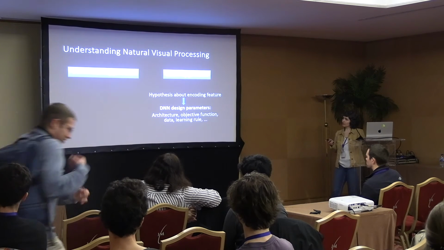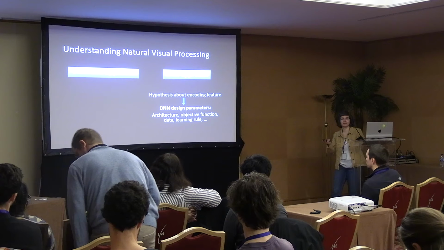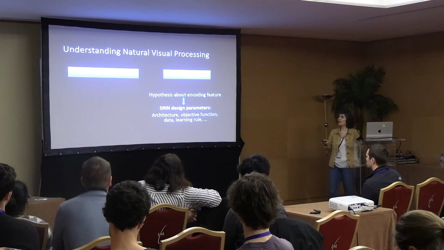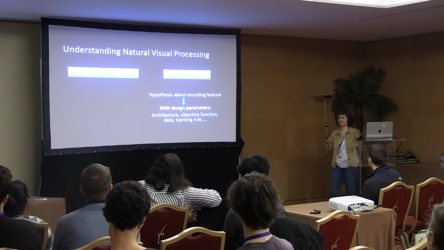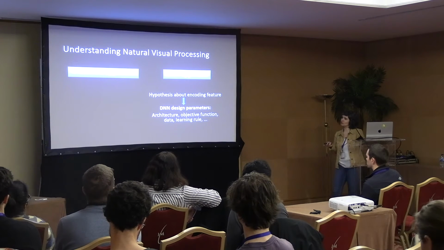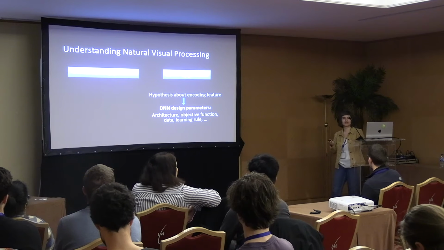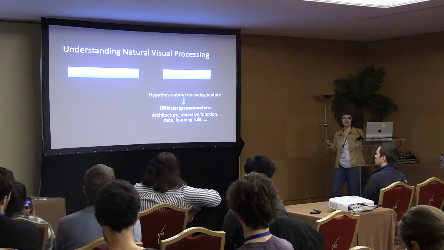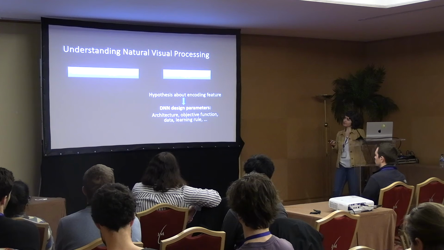And so, what happened to our hypothesis? So now our hypotheses are going to go to the deep net design parameters. What architecture we choose, what objective function, what data domain to train the model, what learning rule. And so